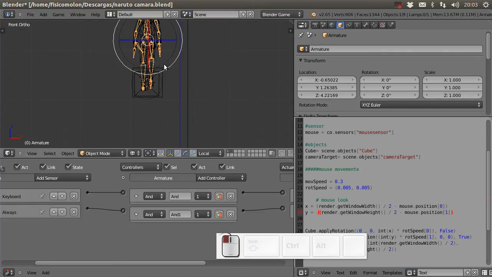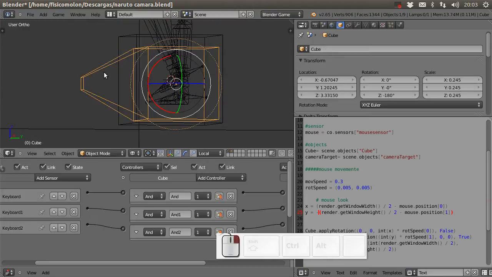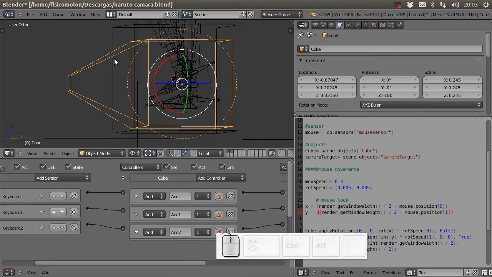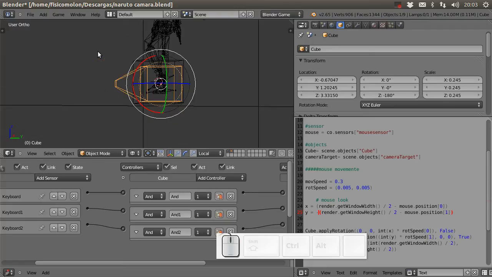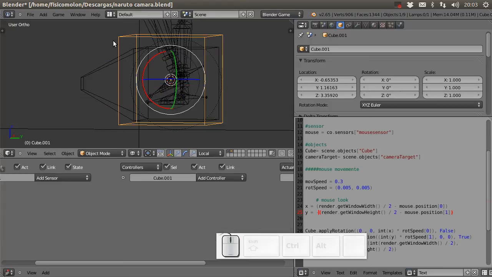Okay, more or less. And now I'm going to parent this second cube to the first one, but I don't want the cube to make the same rotation as this one. So to avoid copying the rotation, I am going to use a vertex parent. Okay, so I have to select this one,